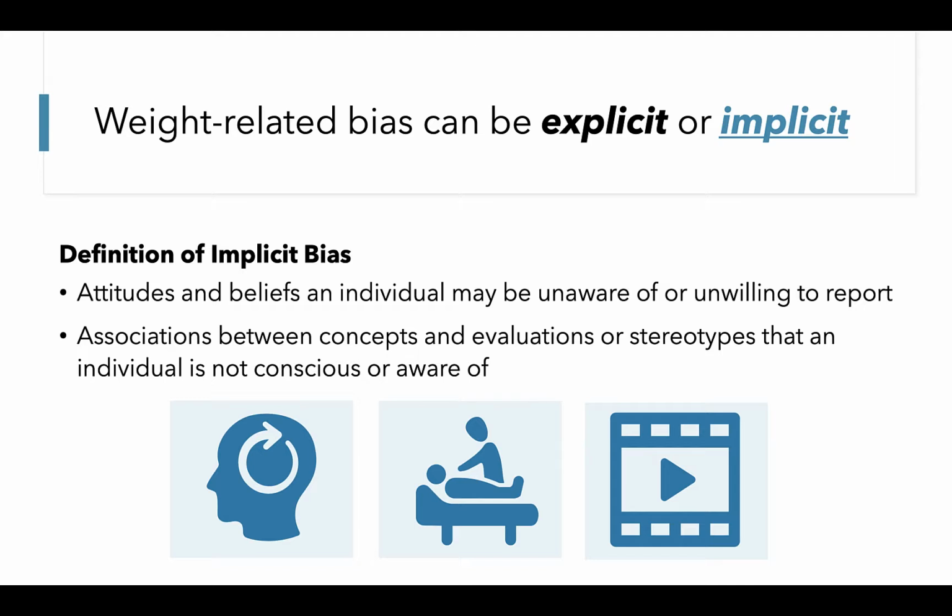Finally, we can think about examples of implicit bias in employment settings. An actress with a larger body size may not get a role because she, quote, doesn't fit the part. If this isn't due to detriments in her acting skills, but rather due to her appearance, her body shape and size, this would be an example of an implicit bias on the part of the casting director that precludes them from considering actresses with larger body sizes for their roles.